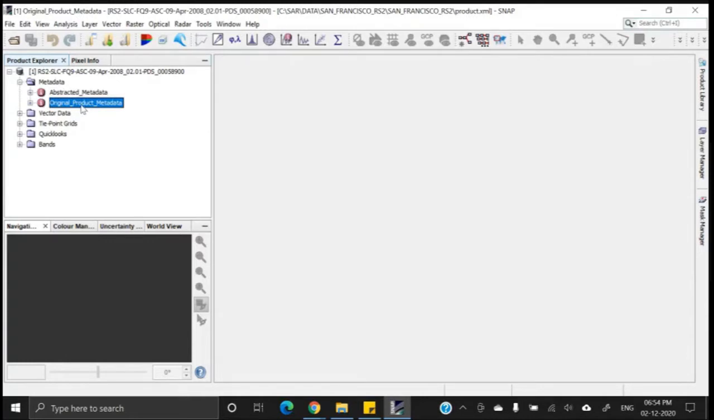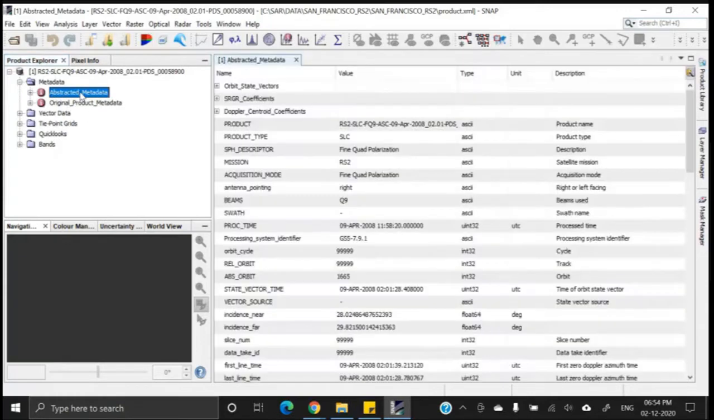I do not recommend to open the original product metadata because in original product metadata, you will not have all kinds of information. Based on the original product metadata, the abstracted metadata will be generated by the software and it is rather easier to understand, and also it has better information or rather wider information, and this information will be extracted by the software automatically. So to get the abstracted metadata information, just double click on it. If you double click on it, it will open a window in this area where you can see the product